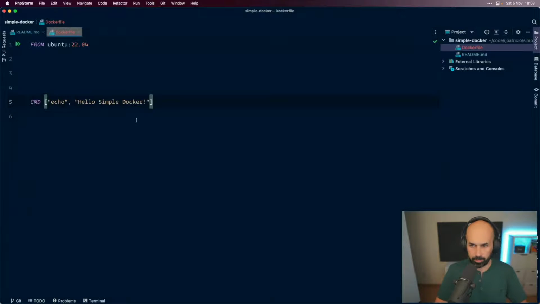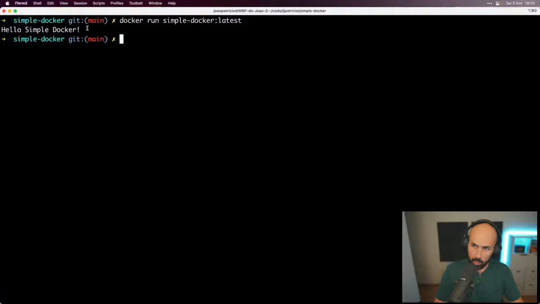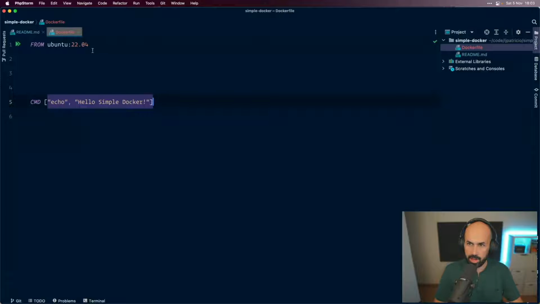Oh yeah, we need to put the arguments in an array format, right? Thank you, Miguel. And the arguments come next. So we now ran this command inside Ubuntu 22.04. So that's it.